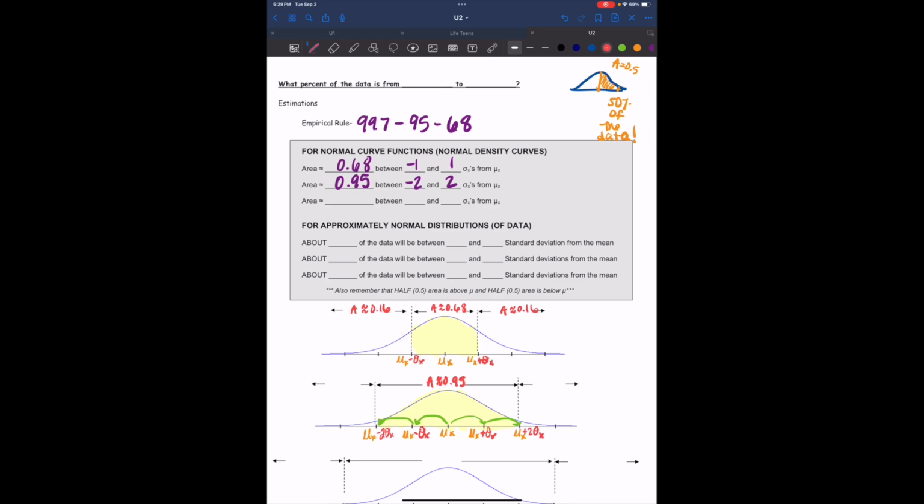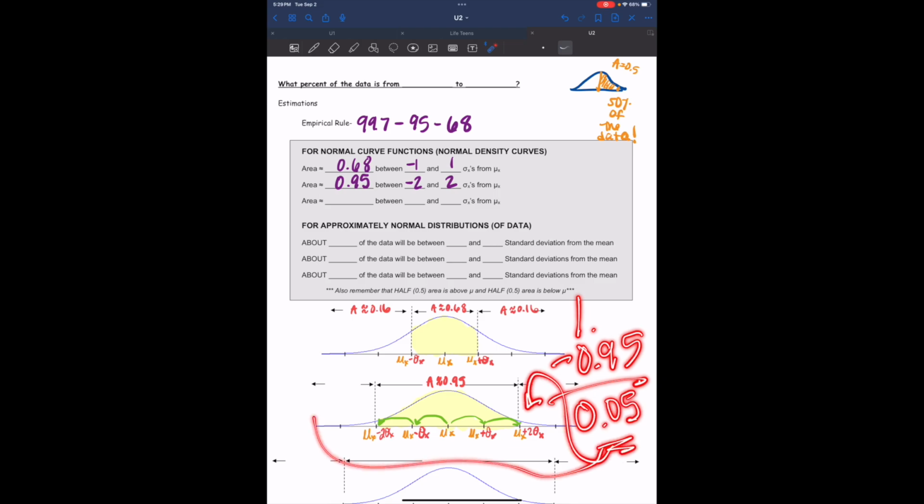Right? And besides that, it gets you a feel for here. We can also think about how much data is out here on these two sides. So think about 1 minus 0.95. Well, that would get you this. And then if we took that and divided it into this and this,